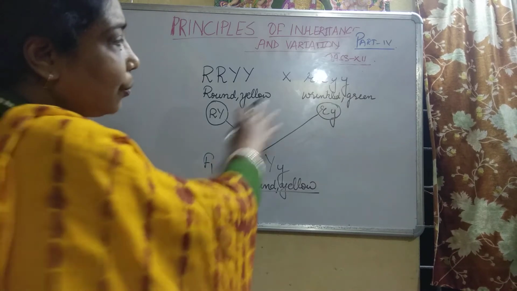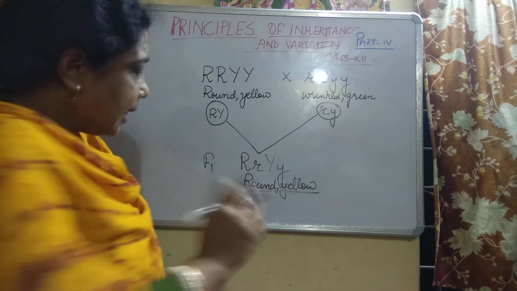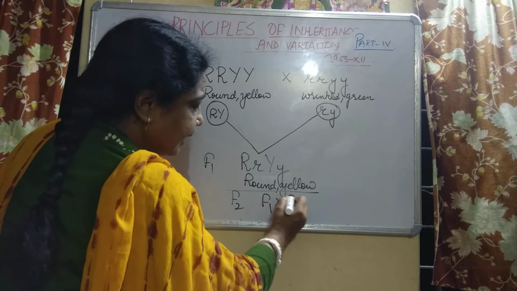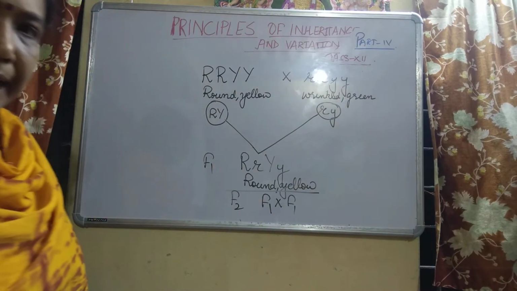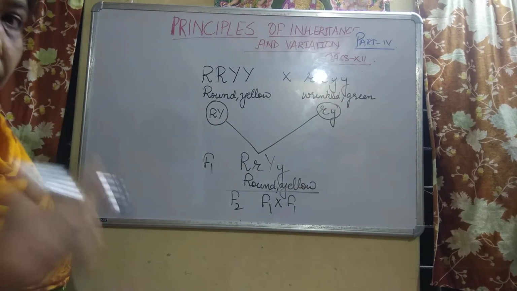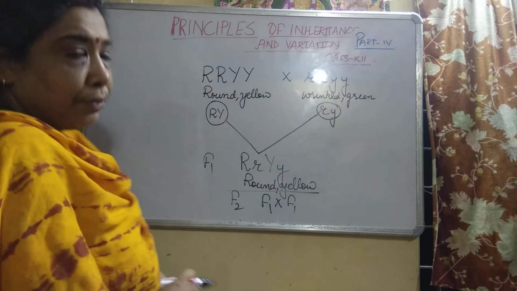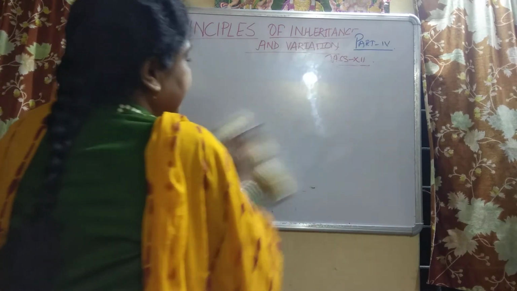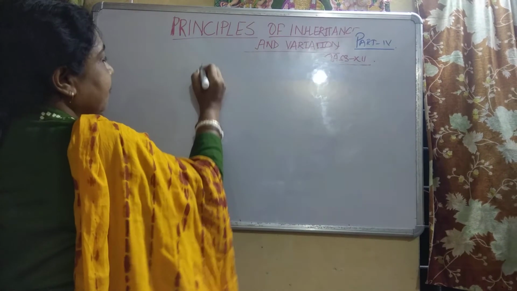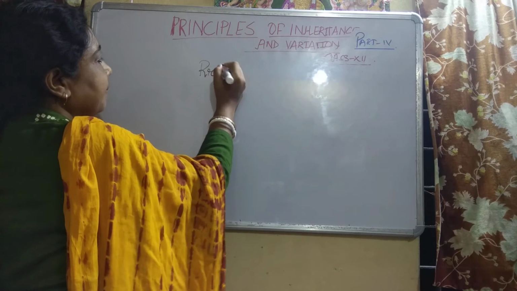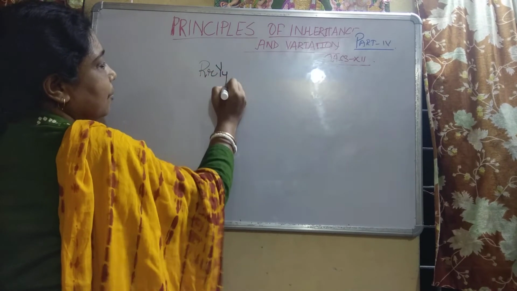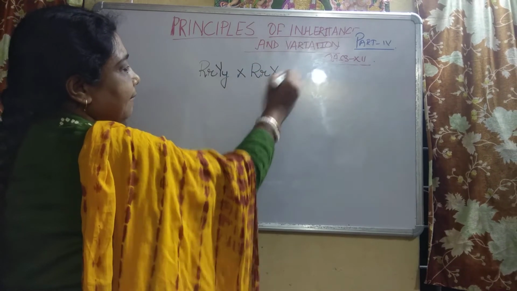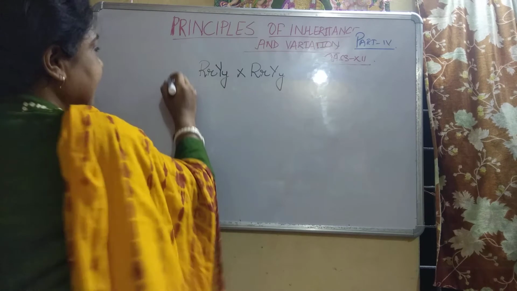Now, how have we got it? You just saw it. For getting F2, you have to carry out the selfing of F1. To get F2, let us see what is there. All of you please see. What did you get from F1? You got this from F1. Now you are carrying out the selfing to get F2.